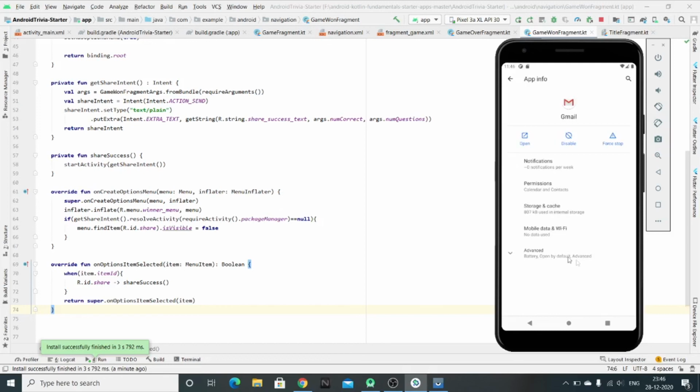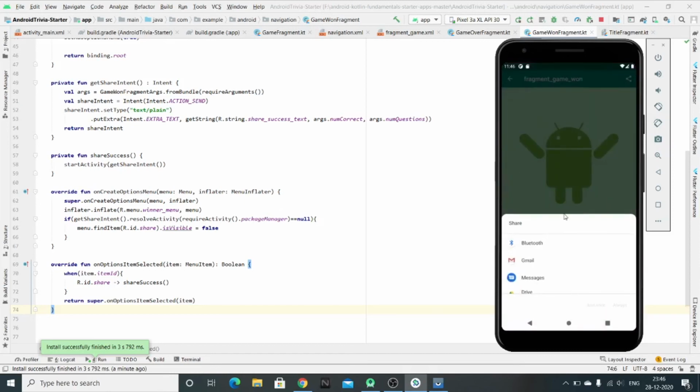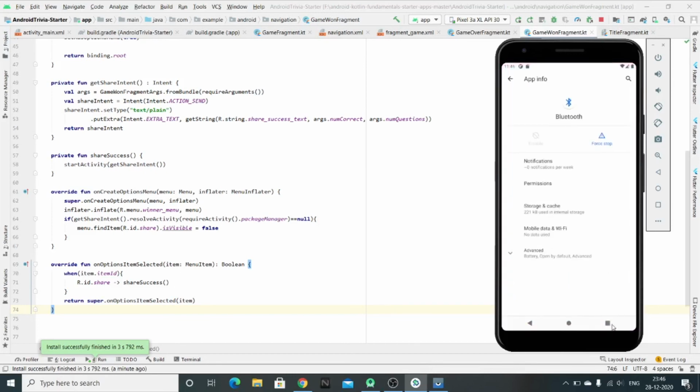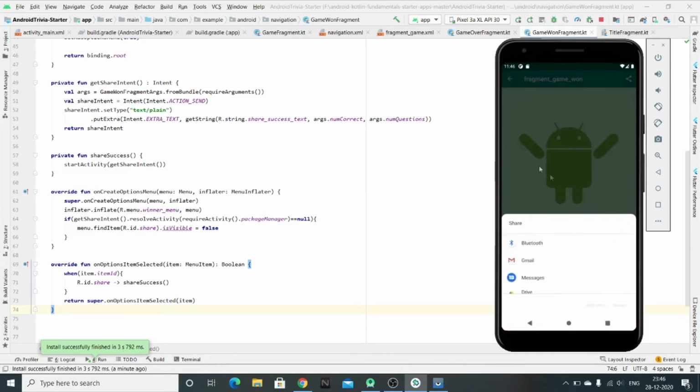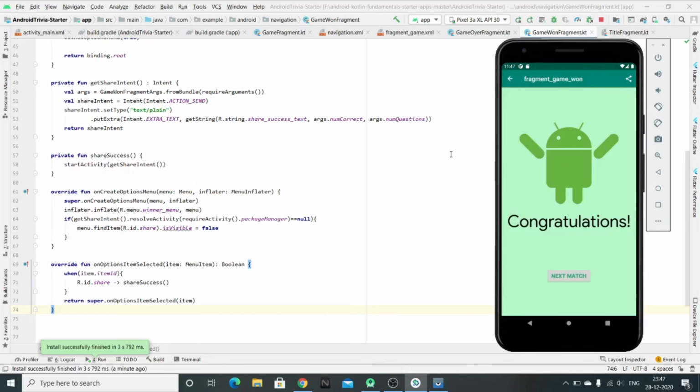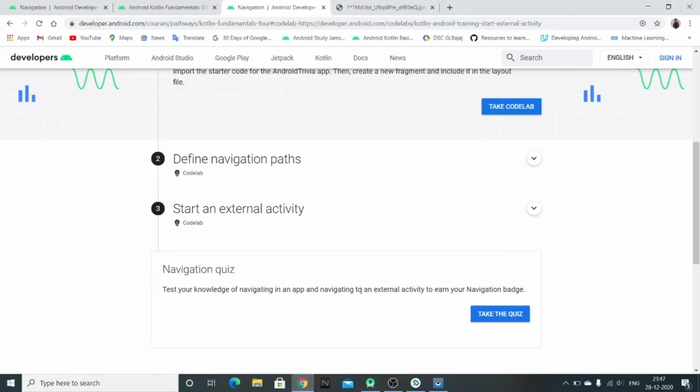Yeah, to send the Gmail, it requires some permission. You can ignore it. But yeah, here you can see that we have the list of all the apps through which we can send data. I'm sorry, here in the emulator, I have not installed any apps. So there are just 4 apps over here through which we can share our data. So here we completed our app, the game app, and also our pathway. So attempt this quiz.